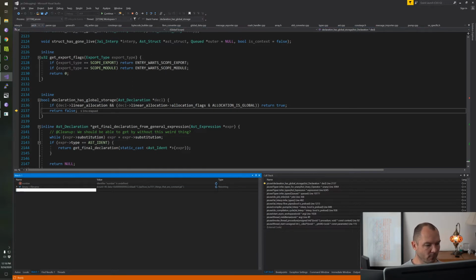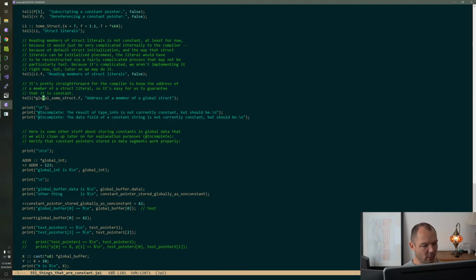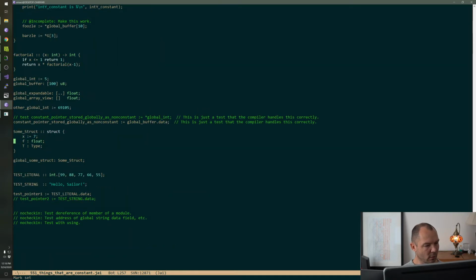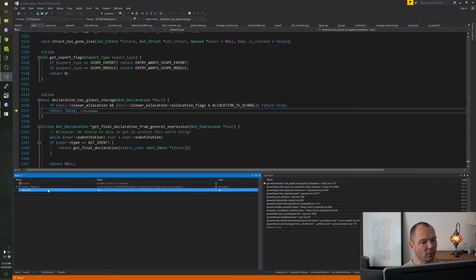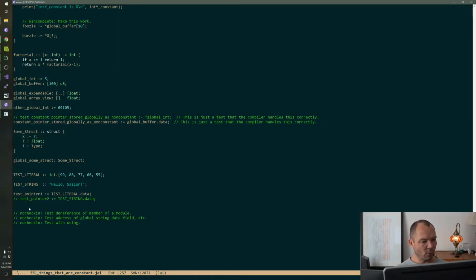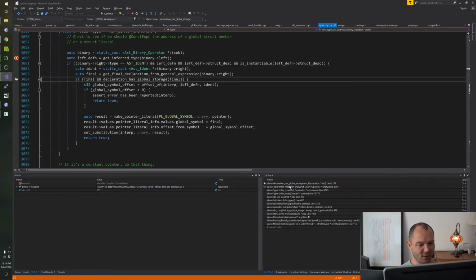Really? Did we pass the wrong declaration? I bet we did. Yeah, we passed the declaration of the member. That is not what we want. So we don't want to know if this has global storage.